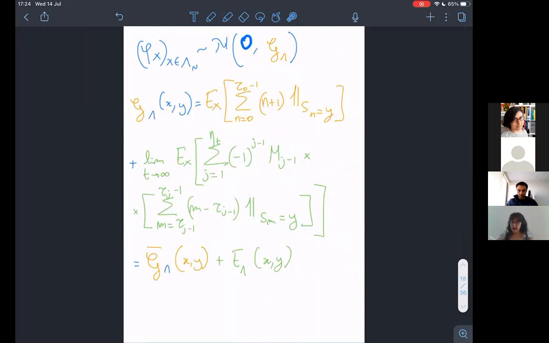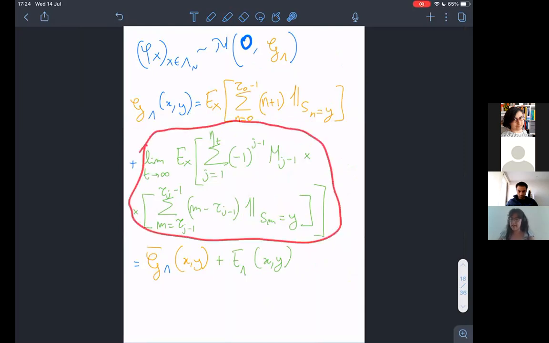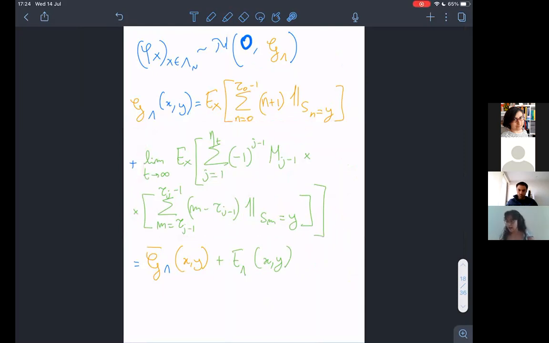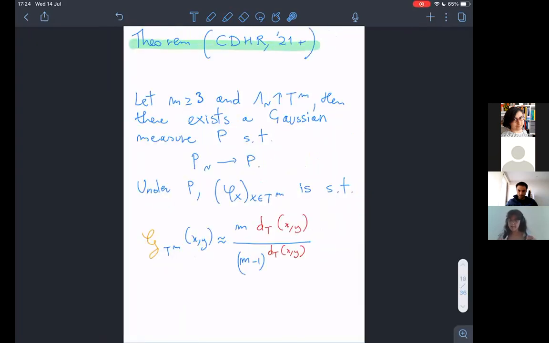So again, here I'm essentially repeating van der Bij's representation. So the covariance of the membrane model is the intersection local time plus this long and big green error term. And what we're able to prove is that there exists an...